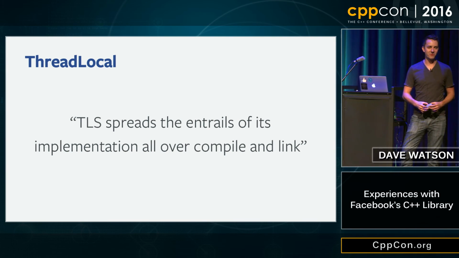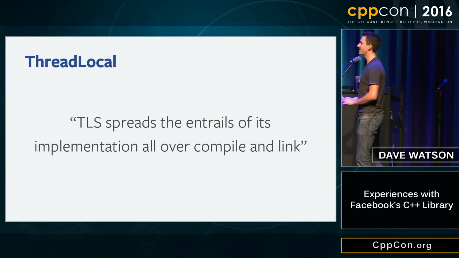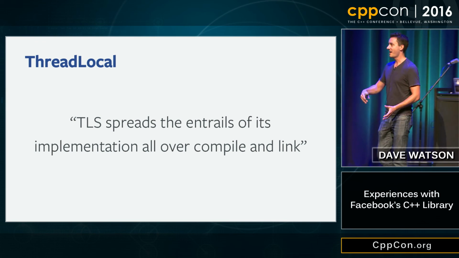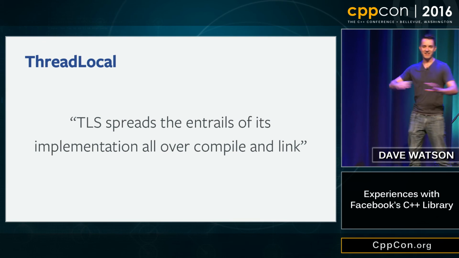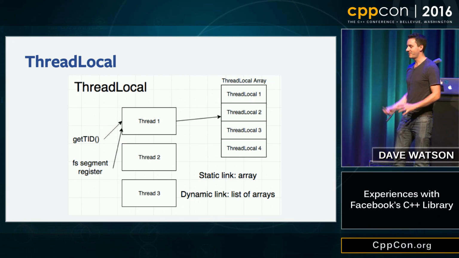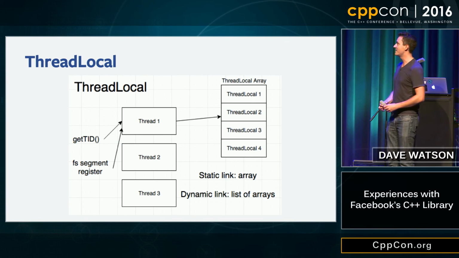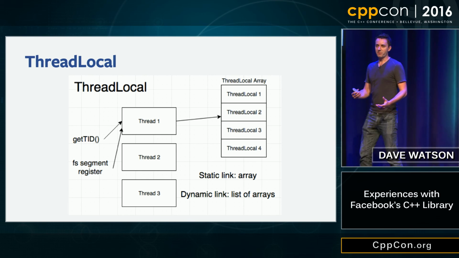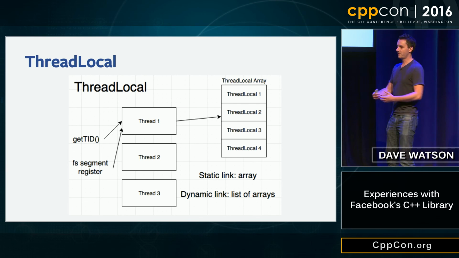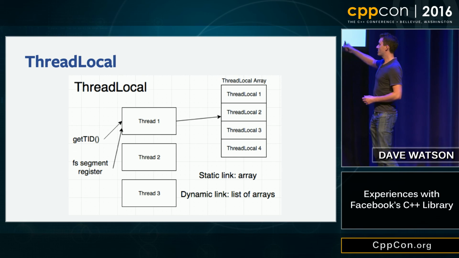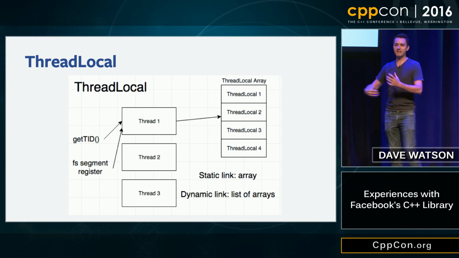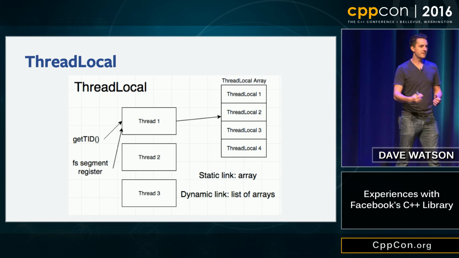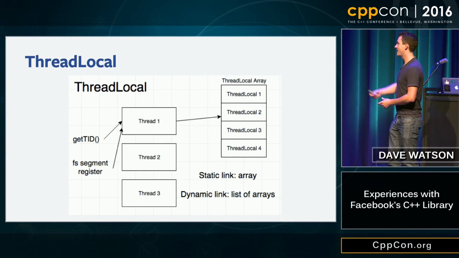To make a fast ThreadLocal, it actually requires dealing with compile time, link time, and runtime. ThreadLocal is just like everything is everywhere. You kind of have to dive in and work on them all at the same time to make them fast. So if we're going to make a very simple ThreadLocal to try and explain how these work, first you'd want to know exactly where your thread data is at. Every thread has some data associated with it. For example, it has a name,